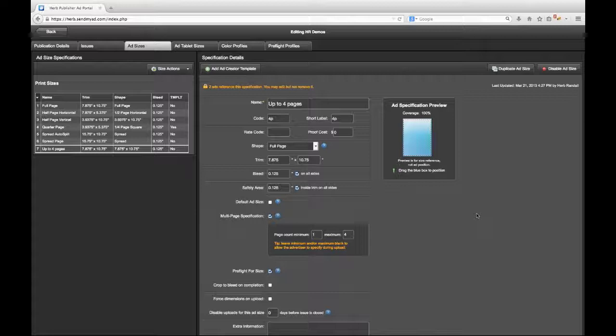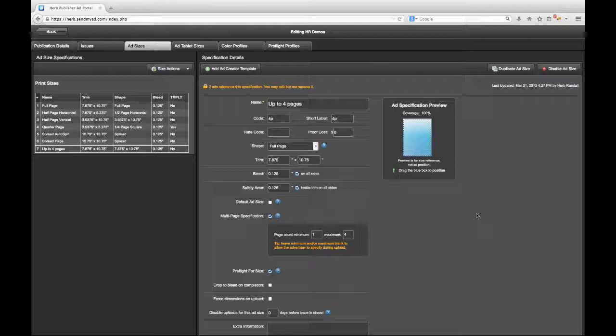Okay, we don't do that. But what we do is let the advertiser, when they're uploading the file, choose the number of pages involved in this ad, and they can then upload those single